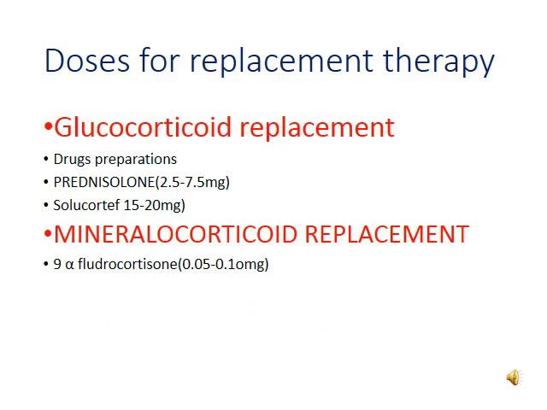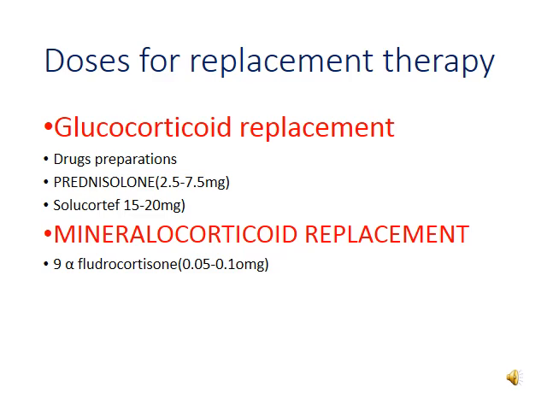Different preparations are available for the replacement therapy for glucocorticoid and mineralocorticoid deficiency. When glucocorticoid replacement is desired, different drugs are available: prednisolone and hydrocortisone. If prednisolone is used, the recommended dose is between 2.5 to 7.5 mg per day. And if hydrocortisone is required, it should be given in doses of 15 to 20 mg per day. 2/3 of the dose is given in the morning and 1/3 is given in the evening, because we have to follow the circadian rhythm of the cortisol and the hormone secretion.